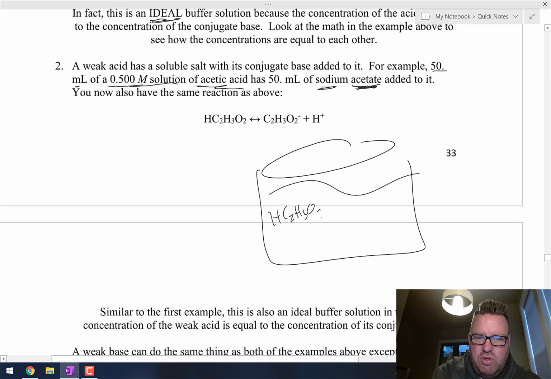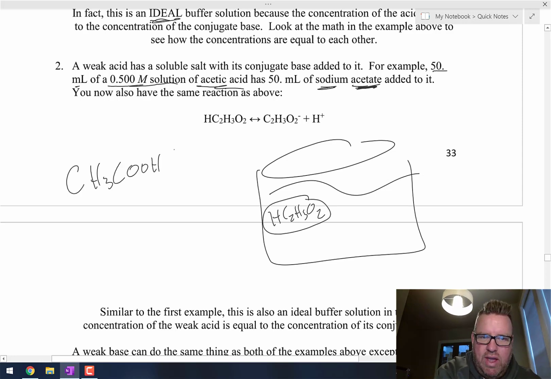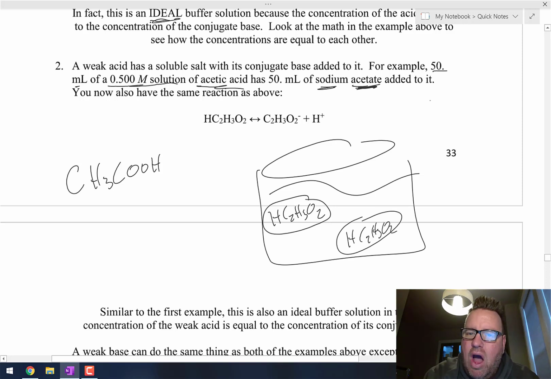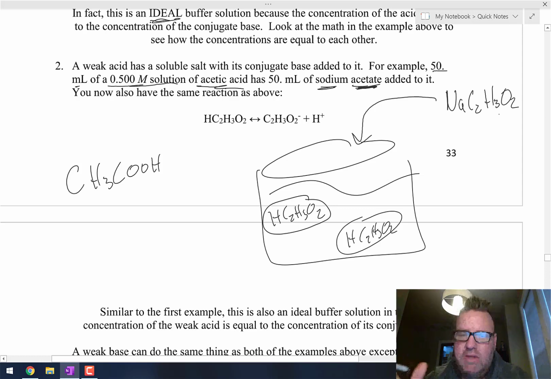And remember, there's two different ways to write it. Remember that that's the same as CH3COOH. Sometimes it's easier to write it that way. Okay, and then, so I've got a solution that's only got acetic acid in it, but now I'm just going to add some NaC2H3O2. Okay, of course it's got a sodium in it, so it's going to be soluble,